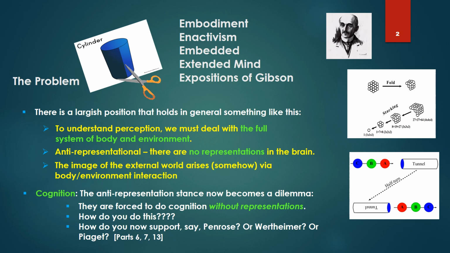Or Piaget, with his very large number of experiments involving dynamic transformations of imagery, such as rotating a tunnel and determining which order the beads will come out. Again, I discussed all of this in parts 6, 7, and 13 on cognition, evolution, and education extensively. This is a major problem or foundational aspect of cognitive thought. But somehow we're supposed to deal with this without representations.